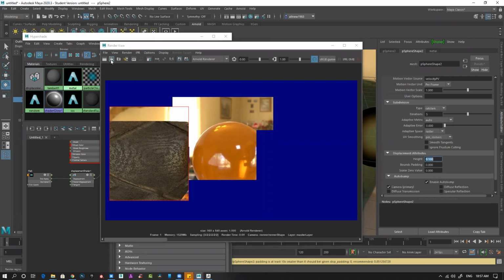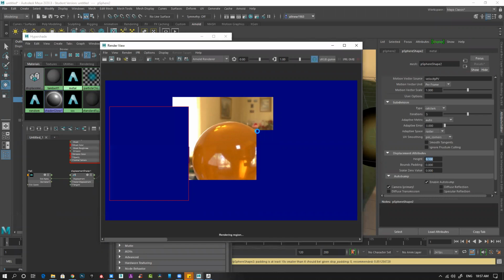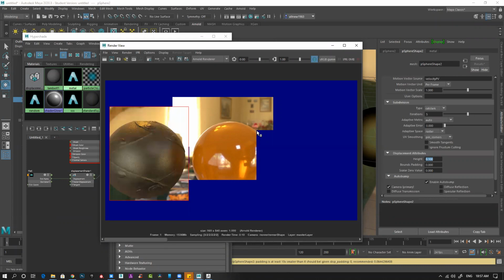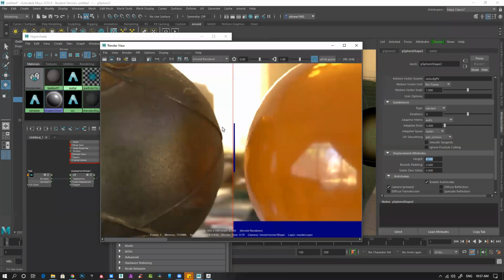Let's work with 0.1. Yeah, it's generating. See, you can see this thickness now. You can see it's generating the thickness.